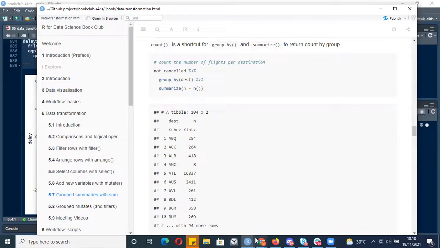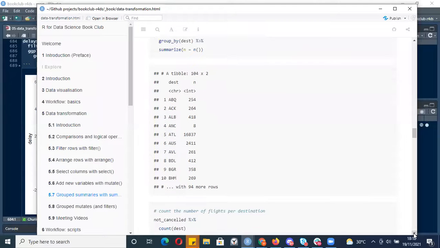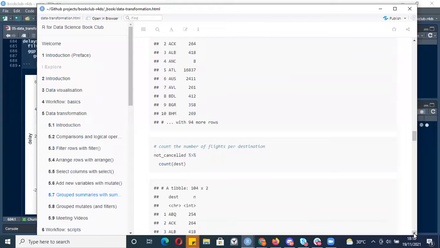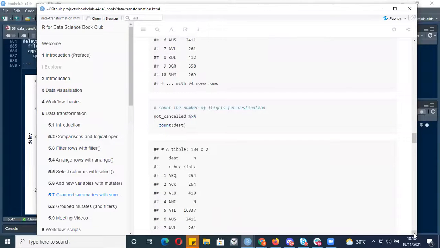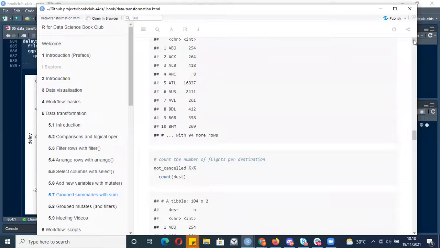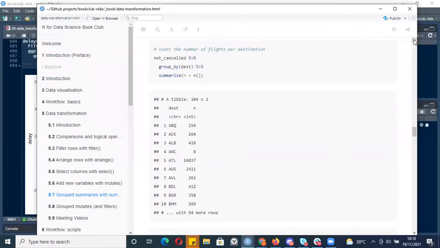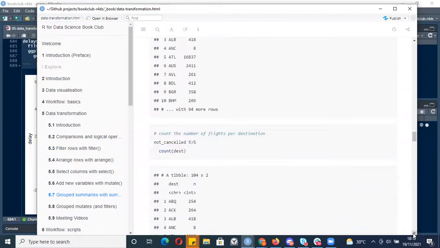So I believe when we arrange the data sets, we'll find out which destination had more flights. Now count the number of flights per destination. I think we have done that earlier. Okay, what's different now? We used the summarize function to count there, but now we are using the count function in this chunk of